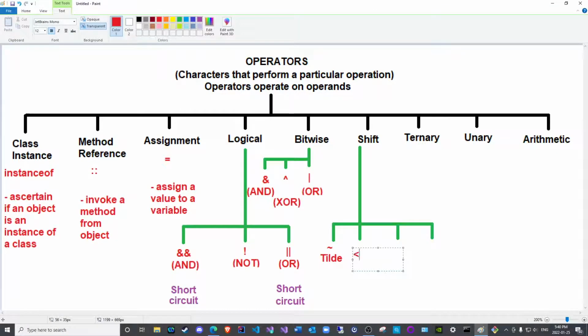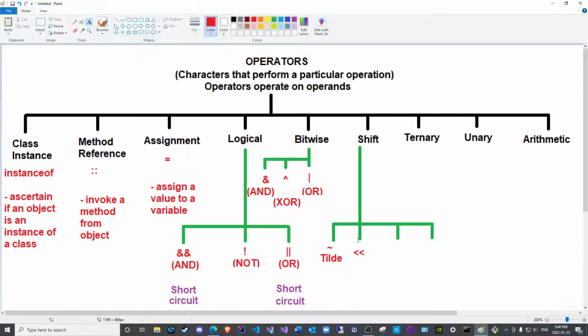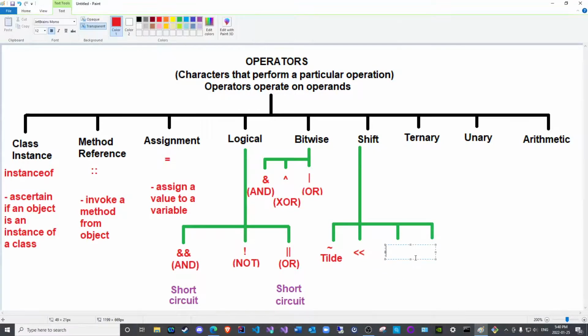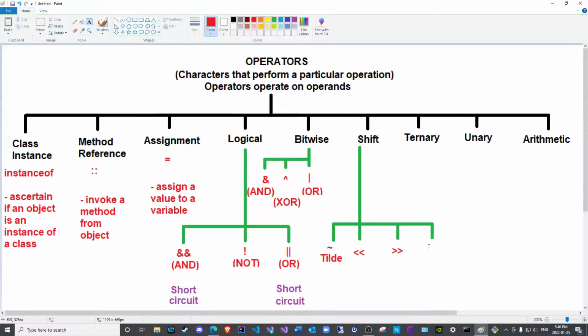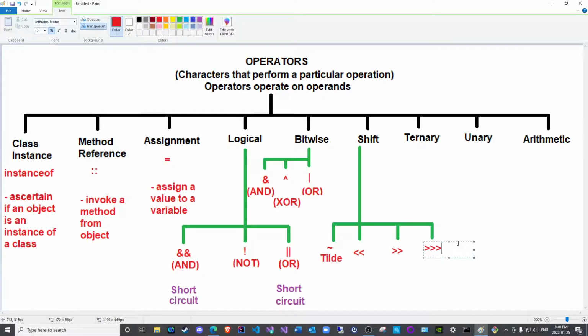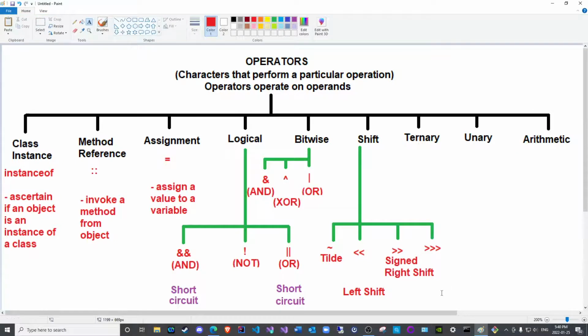Then we have left shift. This is known as the left shift. This is known as signed right shift, and this is unsigned right shift. Actually, I'll write the titles below. So this is left shift. This is signed right shift. Pull this up here. And this one is, let me make some arrangements. Push this here, and then here, like so, and then push this like so. Perfect. And this is unsigned